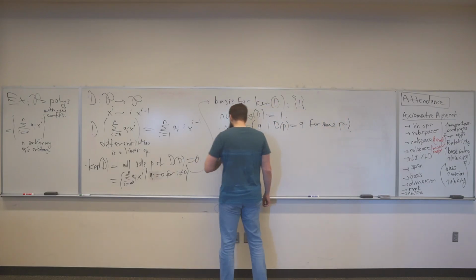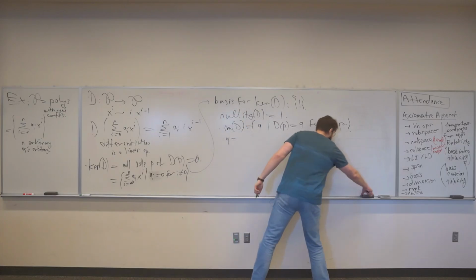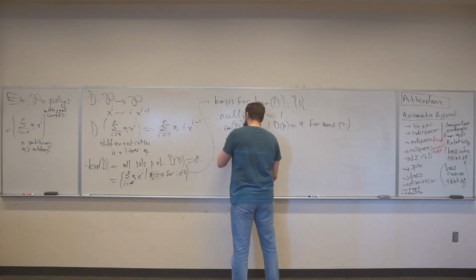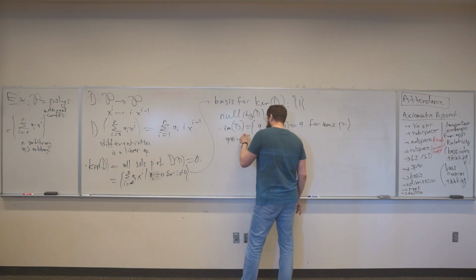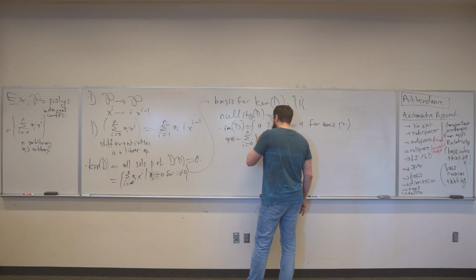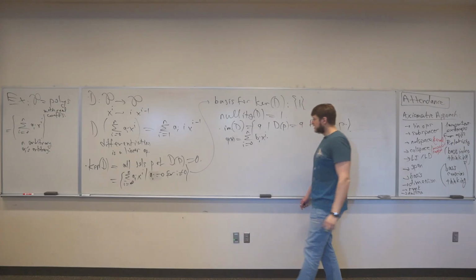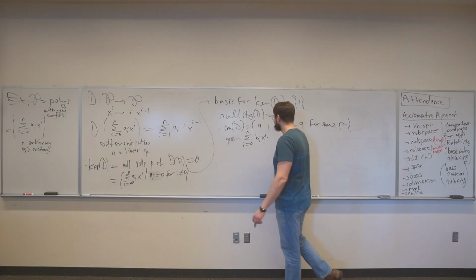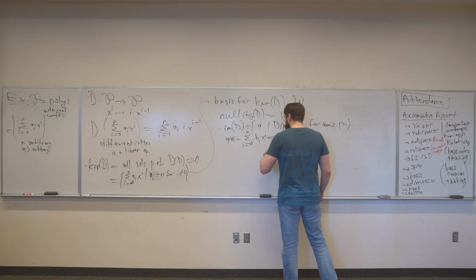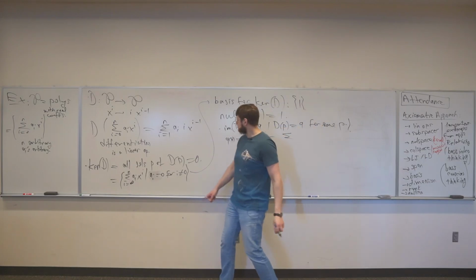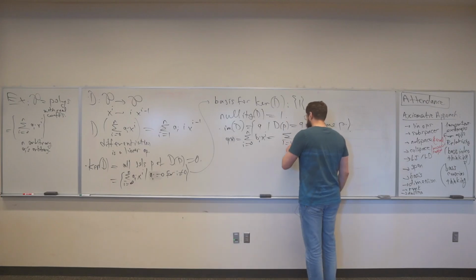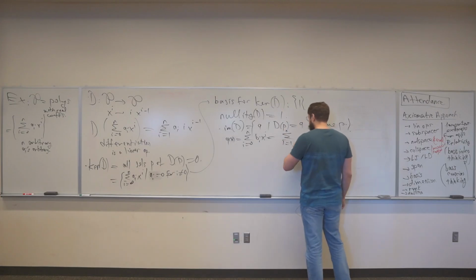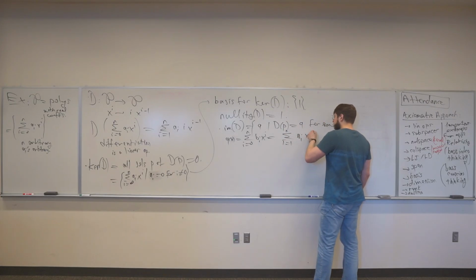And so if I take a q, some arbitrary vector, q of x is, let's say, the sum for i from 0 to n of b_i x^i. I want some p. I want to engineer some p such that its derivative is equal to q. So I want this to be equal to this: the sum of i a_i x^(i-1).